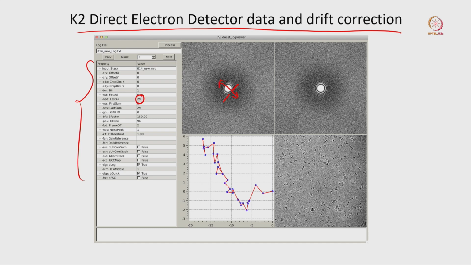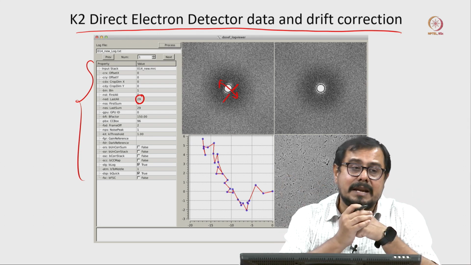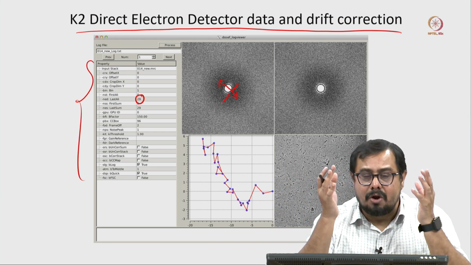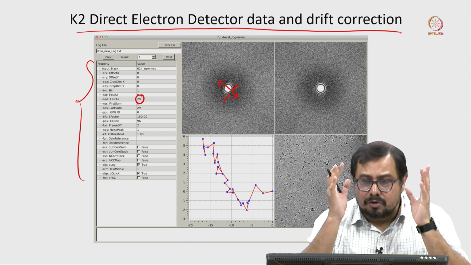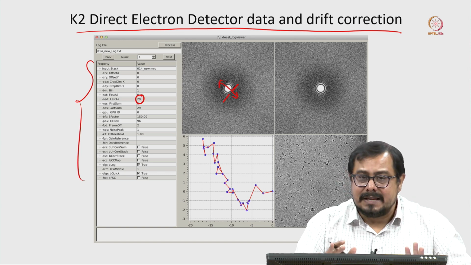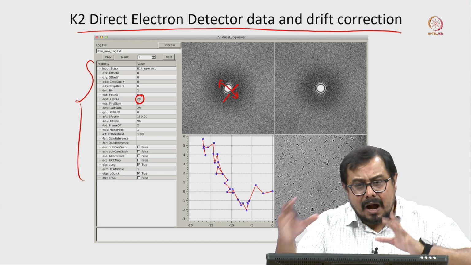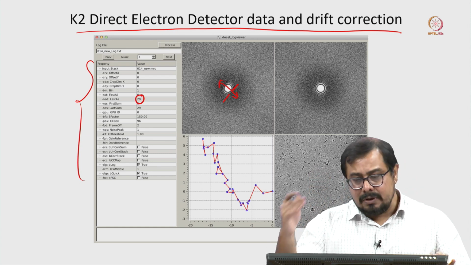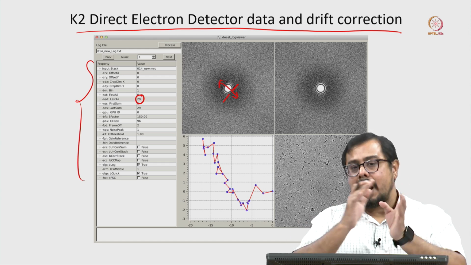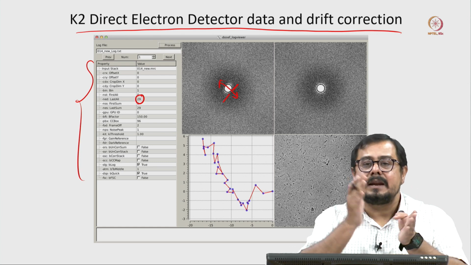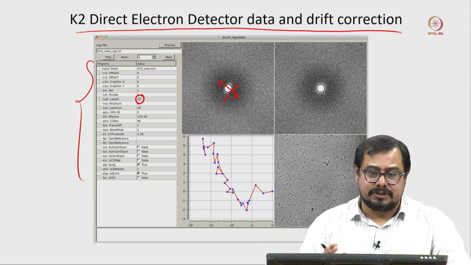Nowadays this kind of motion correction tool is available in other tools also, because most of the time when we use data processing tools like Relion, EMAN or CryoSPARC, in all the cases there is an integrated motion correction or drift correction tool. That will correct, and the overall principle is the same, and the outcome you will see is similar. That is one example I am showing. During the data processing, I will show you how data processing tools like Relion, CryoSPARC or EMAN correct those drifts.